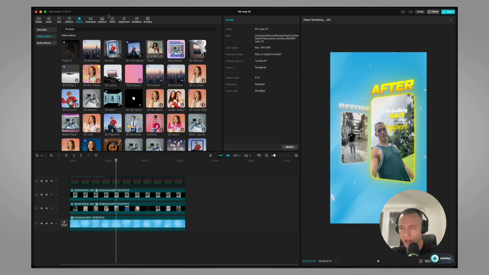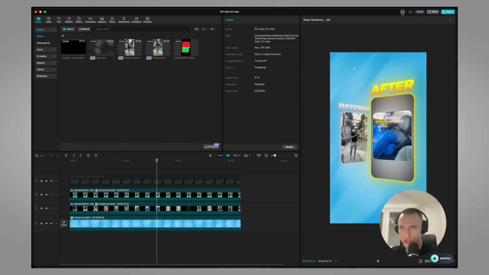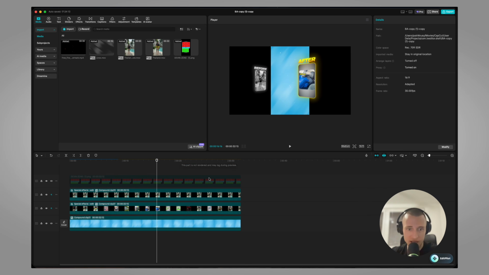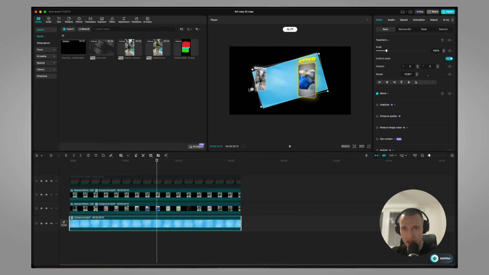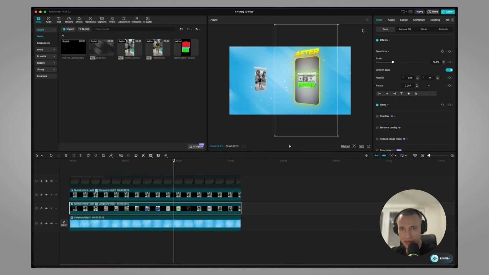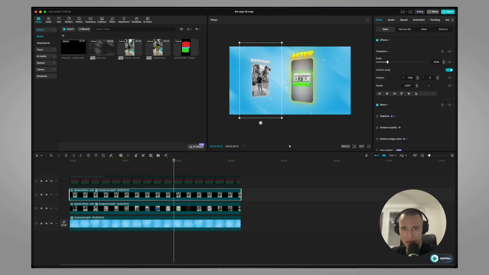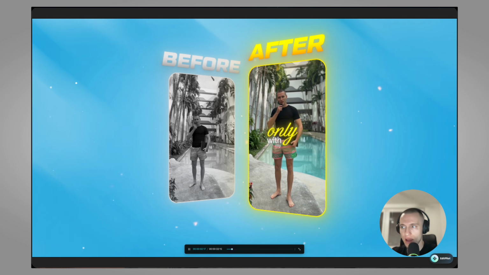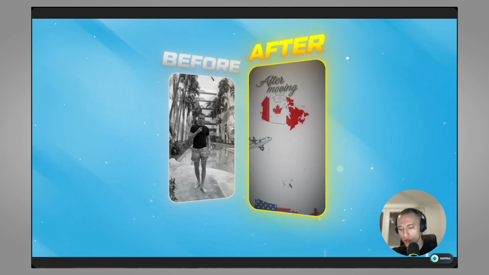And now how you can replicate this into 16:9 format, you just basically duplicate your project. I'm gonna switch this to default just so I have more room. And I go here to ratio and I put it on 16:9. And I take the background, let's rotate the background, position it like this. Now take your after, increase the size, put it closer to the middle, do the same thing with the before and just bring it up like this. And boom, if you play now, you have a stunning before after template,